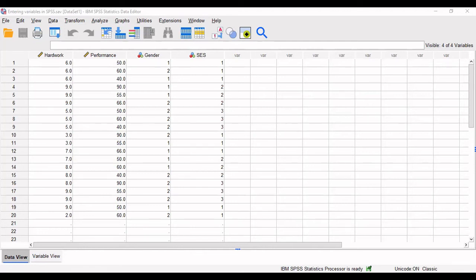Parametric statistics refers to the kind of statistics that is used when certain assumptions about the population or parameters, like say its mean, standard deviation, are fulfilled, like normality of distribution, homogeneity of variance, randomness of selection, and independence of sample. So if these assumptions are fulfilled, we use parametric statistics. One sample t-test, independent sample t-test, paired sample t-test, one-way ANOVA, linear regression, all are examples of parametric statistics.